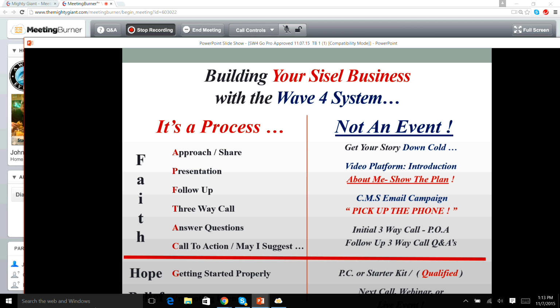And we're thinking, man, I really hope this works. And then the next thing we get into is belief. And we build belief by attending the calls, attending the webinars, and most importantly, attending offline events. Whether they be in-home meetings, a regional seminar like they just held in Pennsylvania, or the upcoming international convention that's going to be held on April 15th to 17th in Salt Lake City. Actually, I believe it's in Provo, but it's close to Salt Lake. You'll fly into Salt Lake. But let me tell you, that's where the belief is built. So this business is built on faith, hope, and belief.